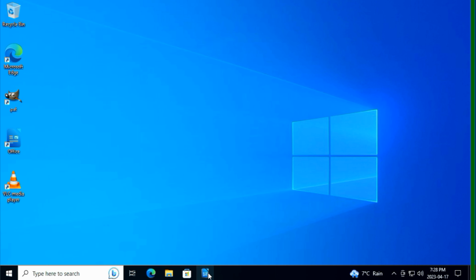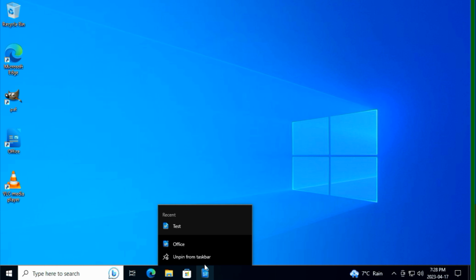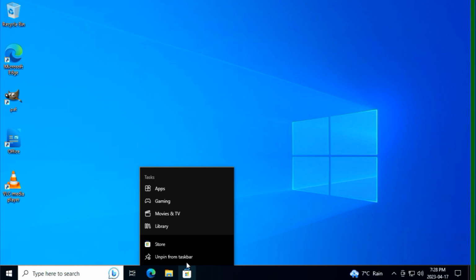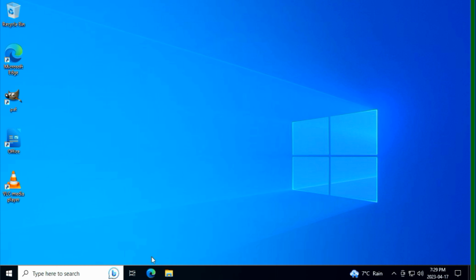You can also unpin the icons. Again, this does not get rid of the program, it just gets rid of the icons. And when you unpin from the taskbar, they don't get thrown in the garbage, in the recycle bin. The icons get disconnected, and in order to put them back, you would have to start a program,